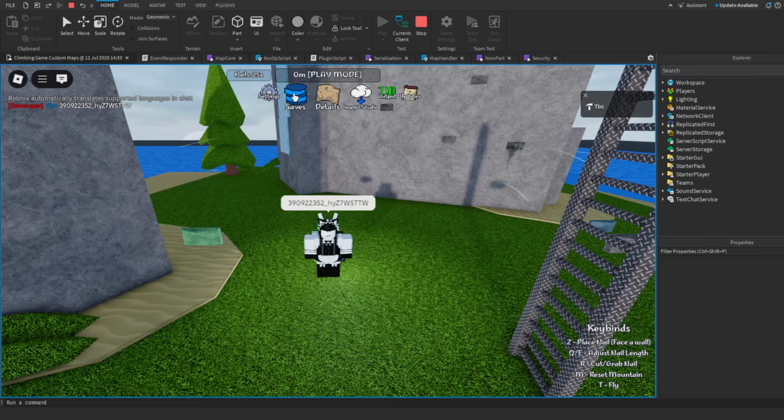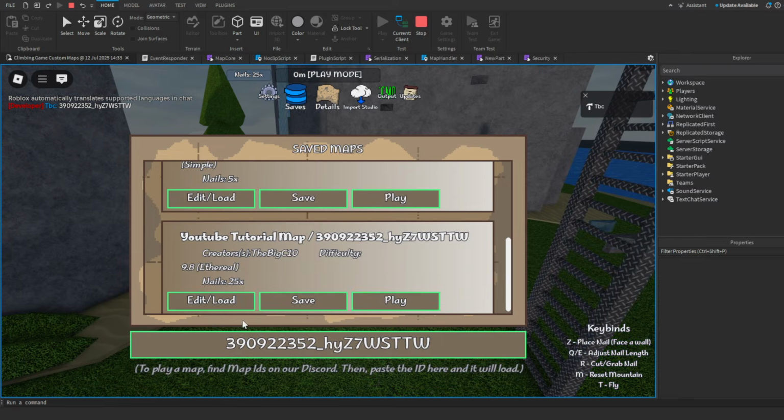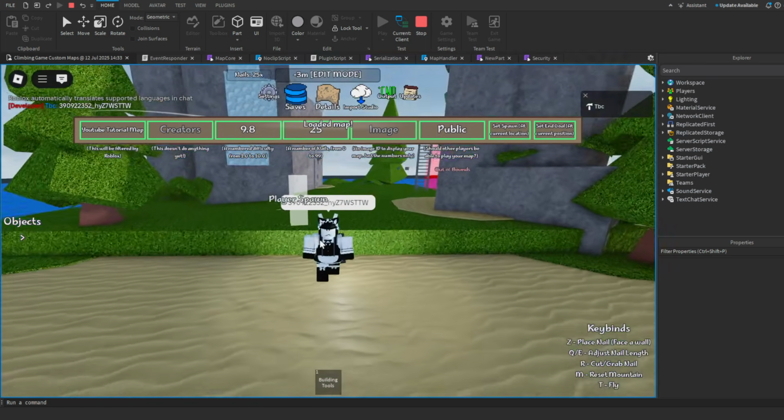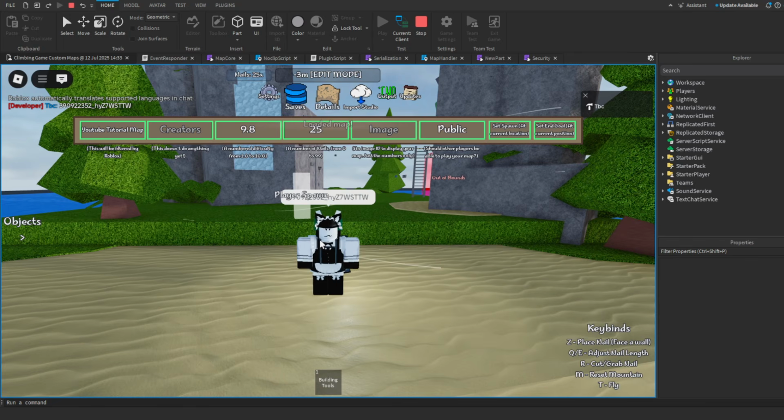So with that in mind, if you want to share your map, you have to have the map status on here set to public. And two, you must have the Volcanic Ascent badge on Climbing Game to share maps. Now I know that kind of sucks, but it's purely from a